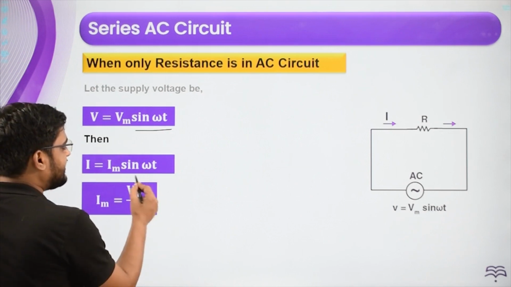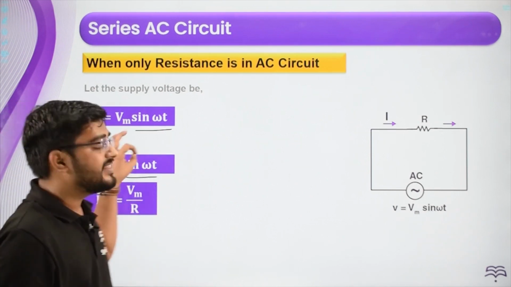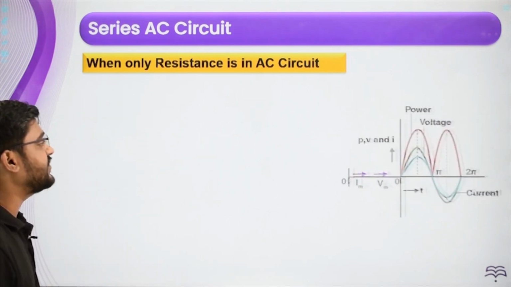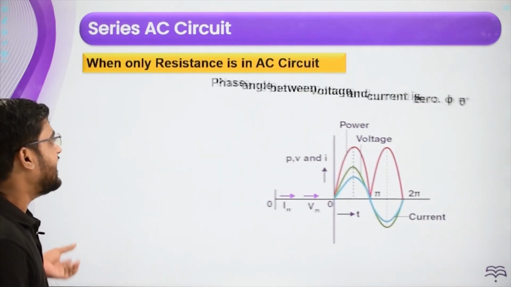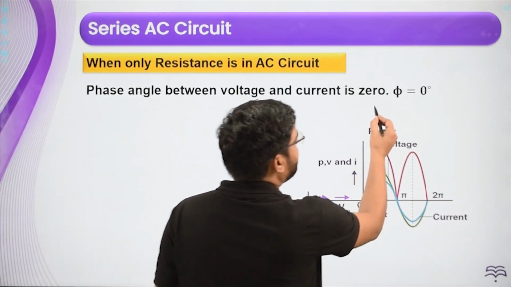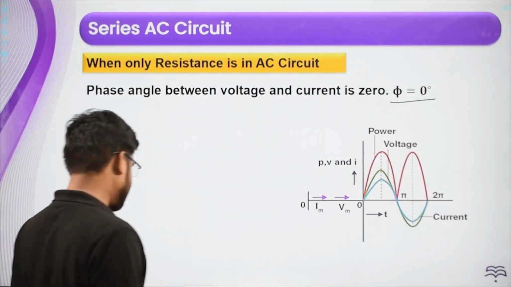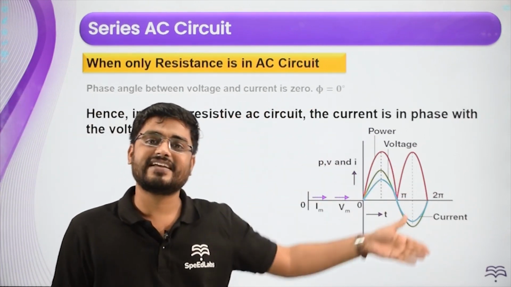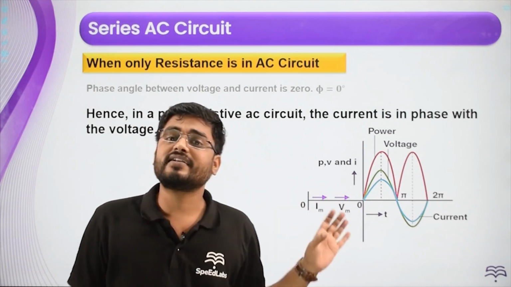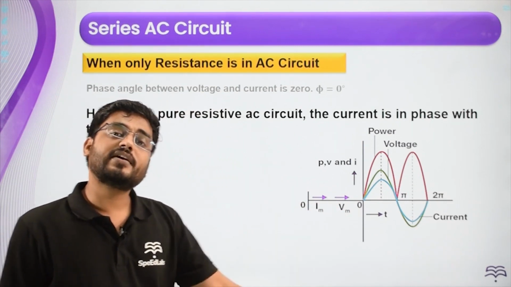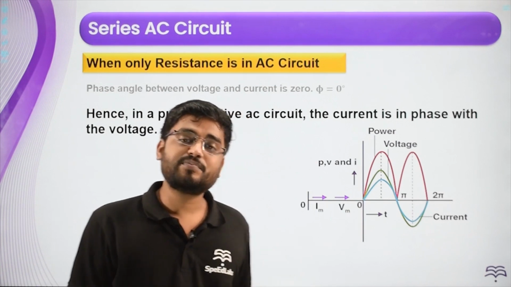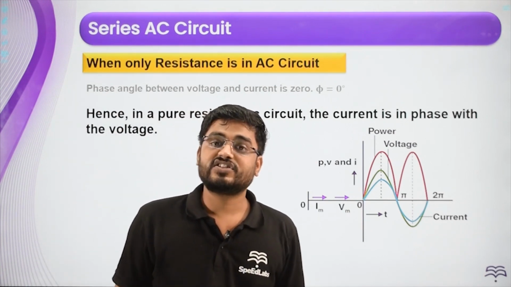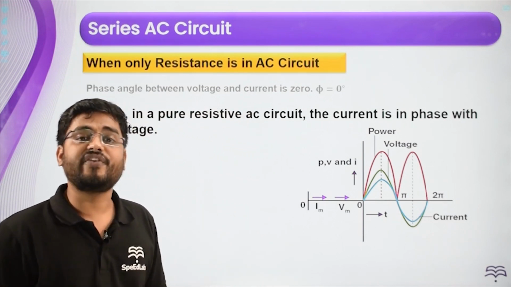What about the phase difference? This is sine omega t and this is also sine omega t. If you see, there is no phase difference, both are sine graphs, so they will be called in phase. So these are the graphs, and here we know that the phase difference is basically 0. If phase difference is 0, then in such case we say pure resistive AC circuit. We are calling it pure resistive AC circuit because no other component is there. Capacitor and inductor both are not there. In pure resistive AC circuit, the current and the voltage are in phase. In phase means no phase difference at all.